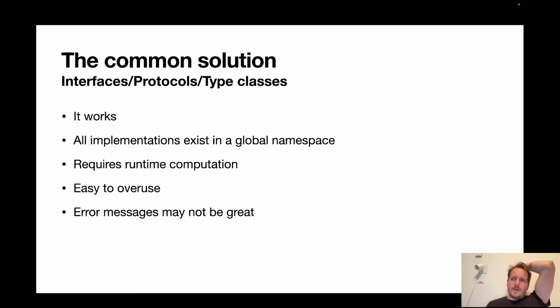At the core, they work in similar ways, where you define a contract that says that something is comparable if you can run it through the compare function, and then on a type-by-type basis, you can say that, well, if you run this through the compare function, this is how it should work. And it does work, it's the most common thing,